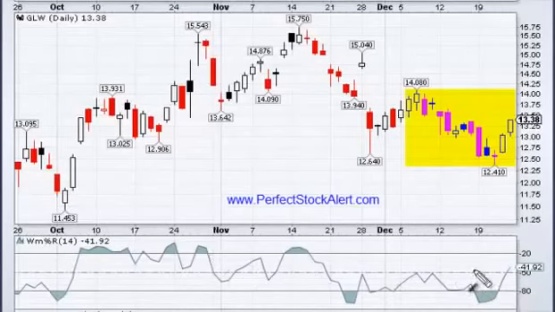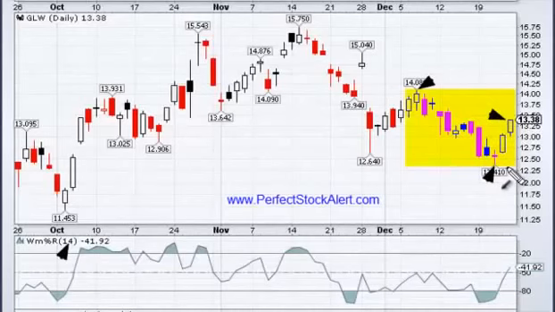Whenever you're looking at this and you're wondering where does this line come from? Where do they get this number? What they do is they take 14 periods, the last 14 periods, and that's this number right here. What they're doing is they're taking the close in relation to the highest point in that 14 period and the lowest point, and they're looking at that to get their